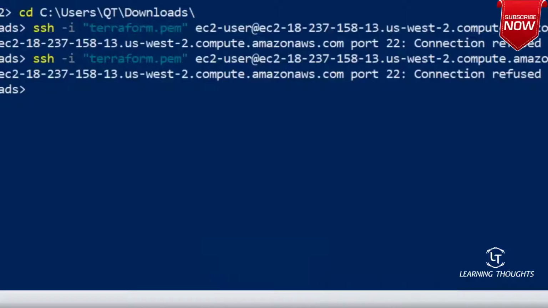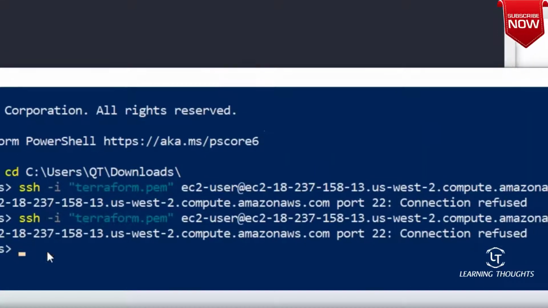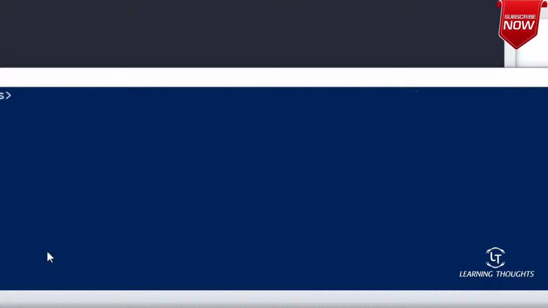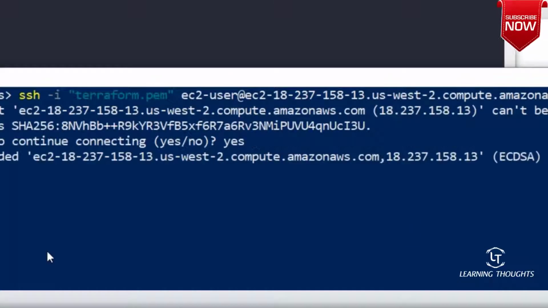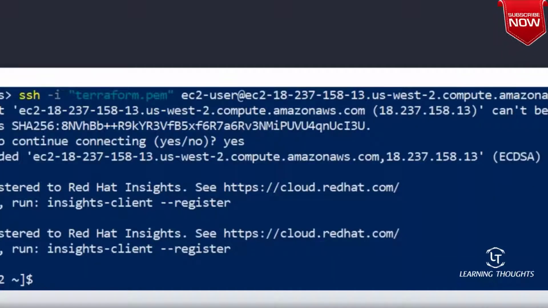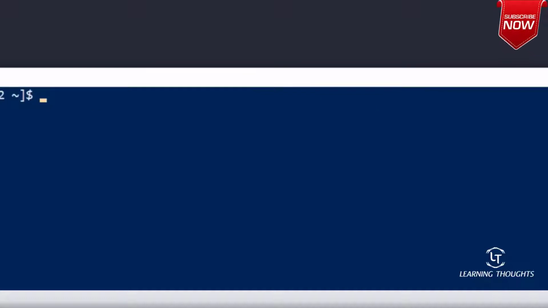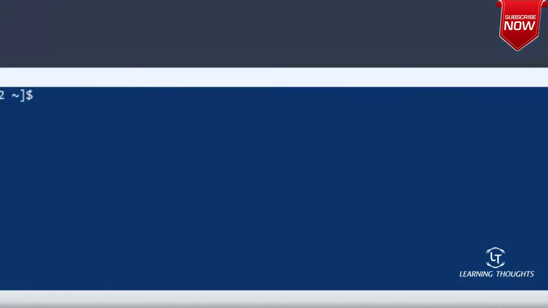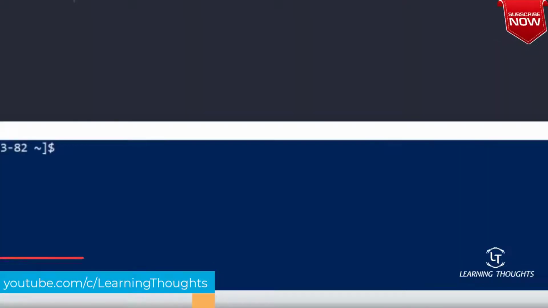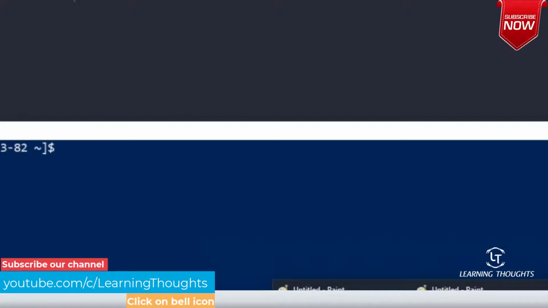So let me close all the remaining PowerShells. Yeah. So I'm logged in into both the machines. Now before I get started, let me try to give this stuff again, so that we are clear, we don't have any confusions whenever we are looking at our screenshots.